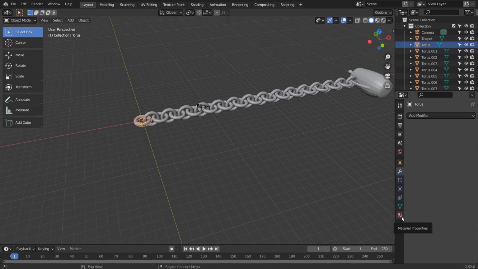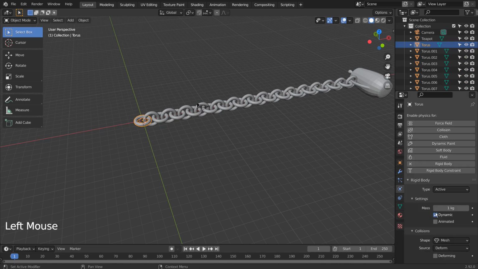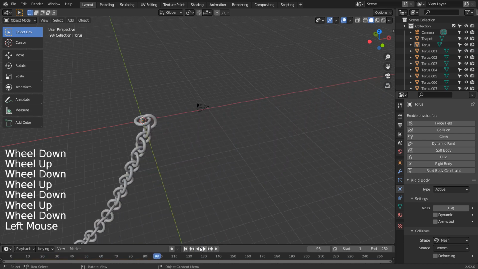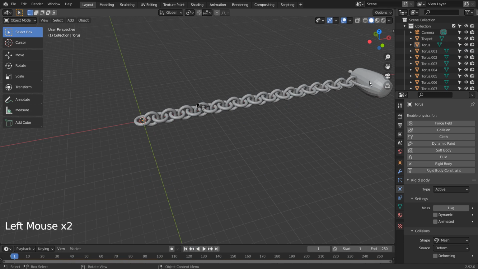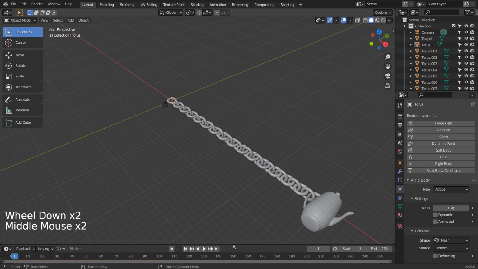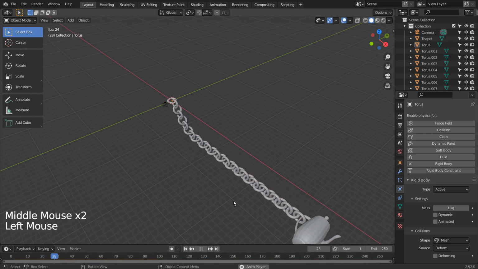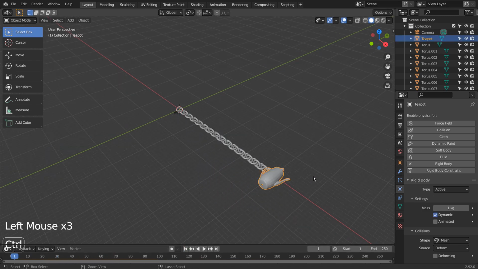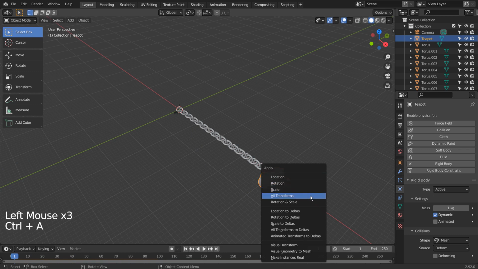We need to turn off dynamic for this mesh. When the disconnection occurs, please select the last mesh, press Ctrl A, and reset all transforms.